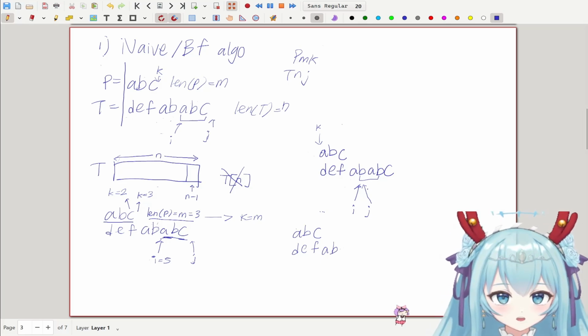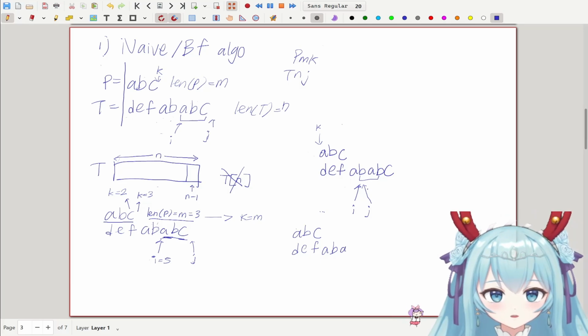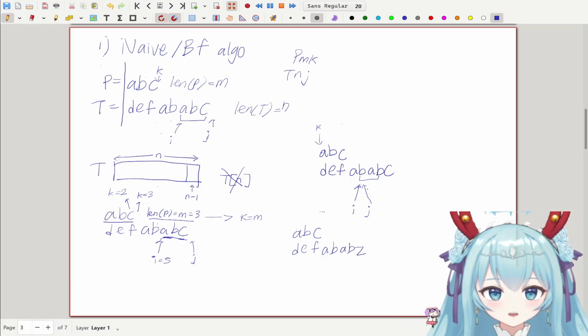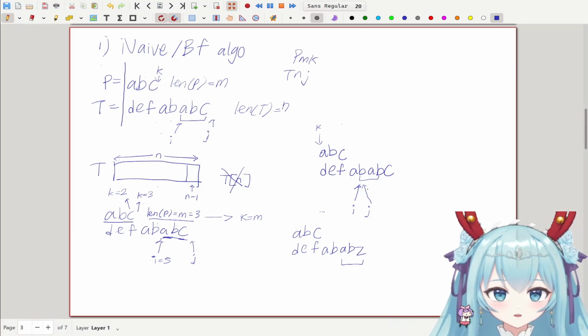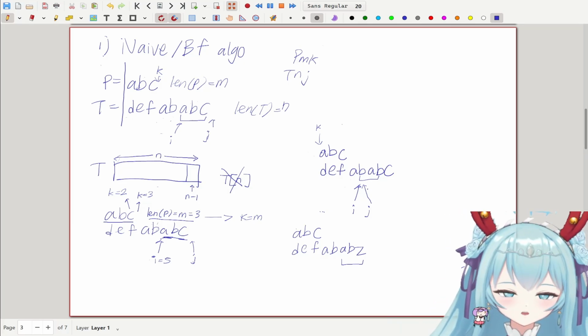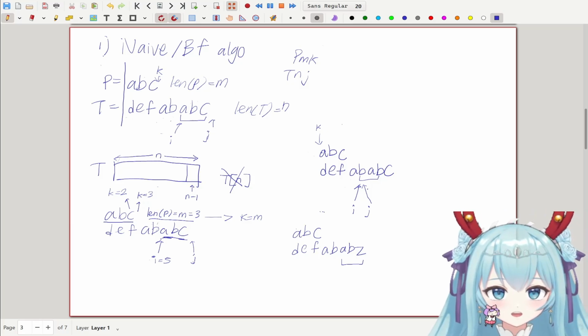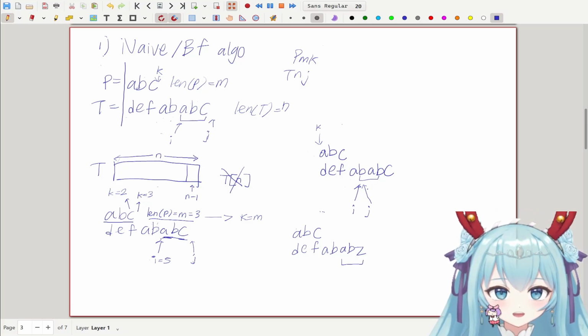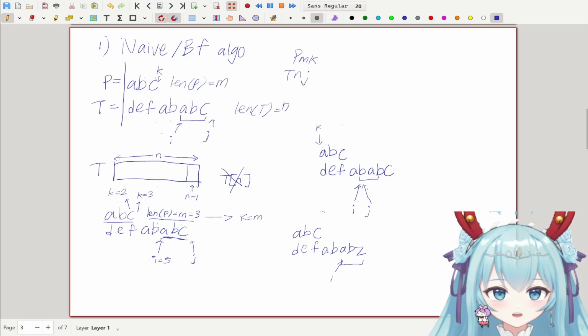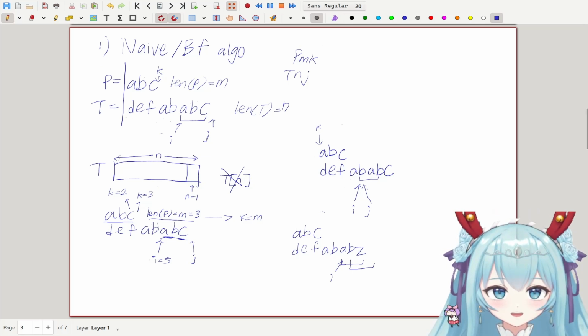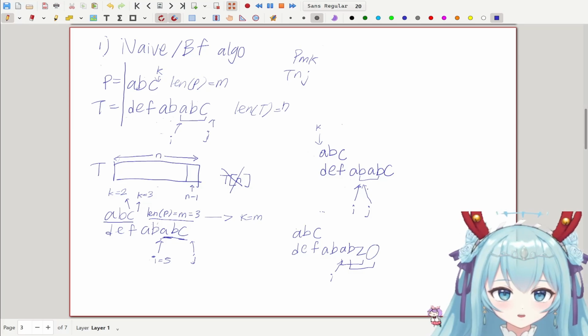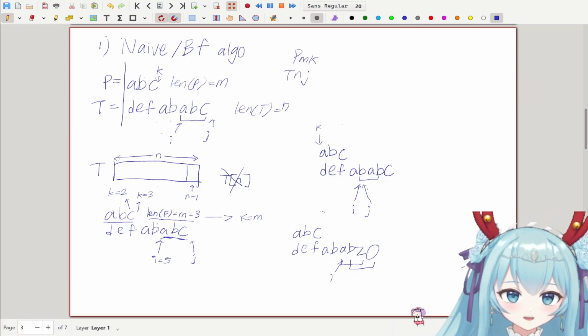Let me think. Let's say if I just put it as ABC. Okay, so remember how this is the last window? And actually, there's no point increasing I anymore, because let's say I is over here. If we increase I, the next window is here, but then there are no more characters over here to check. So it's a definite